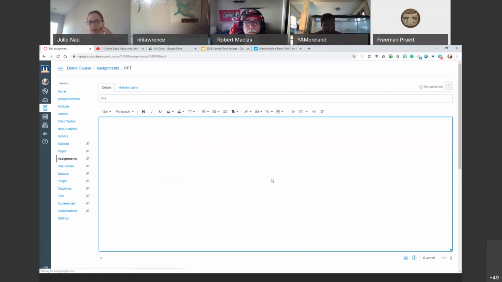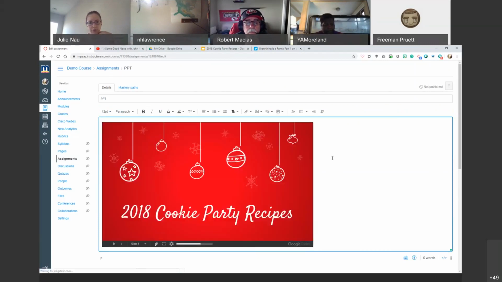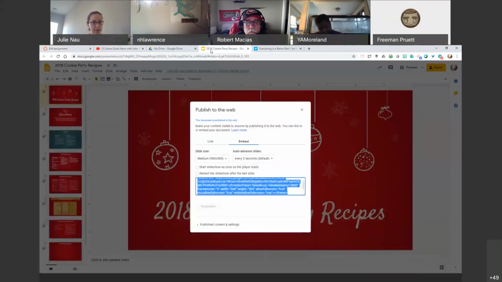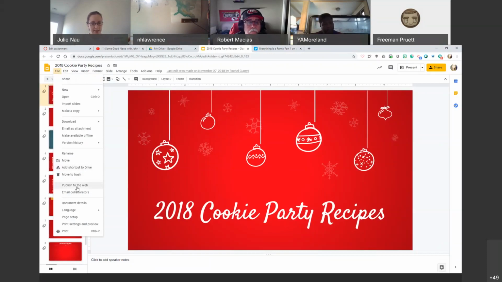Okay, so that's another way of embedding it from Google Drive. You can just take that embed code from there. That was under the file menu, and then you select publish to the web, and that's available in any Google Drive file. You can do that. Now, PowerPoint in